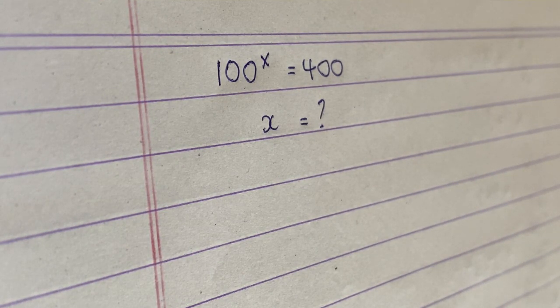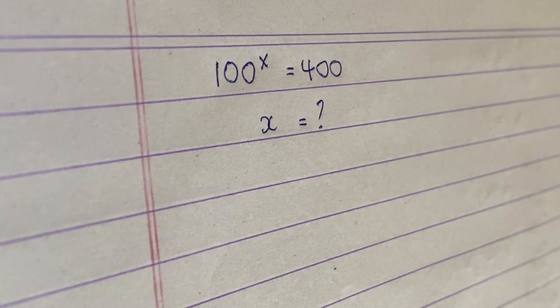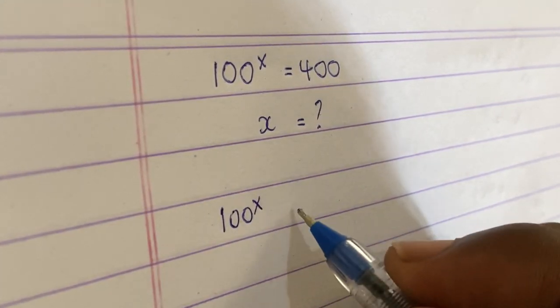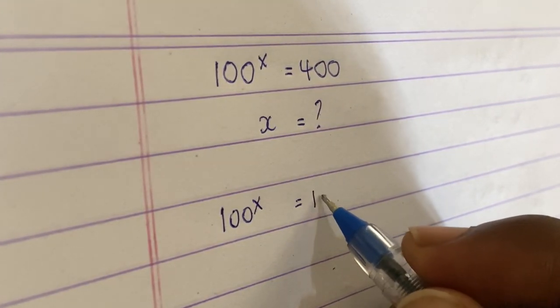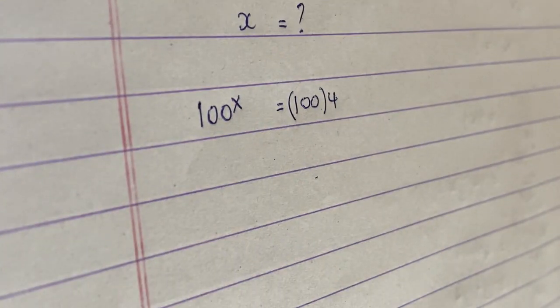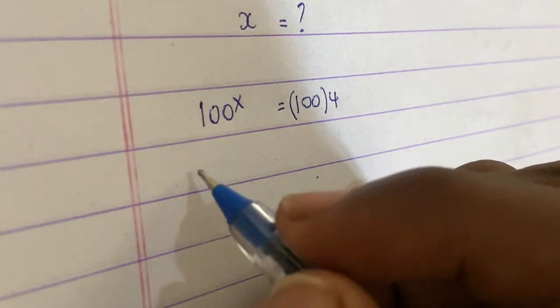We are going to find the value of x given 100 to power x is equal to 400. So here the first step is you can simplify that equation. So we shall have 100 to power x is equal to 100 times 4. Then after that we introduce